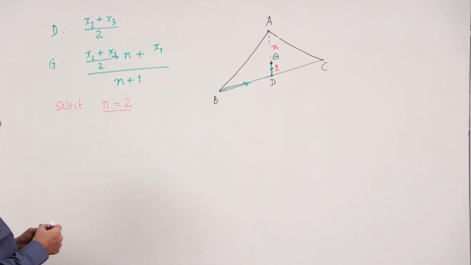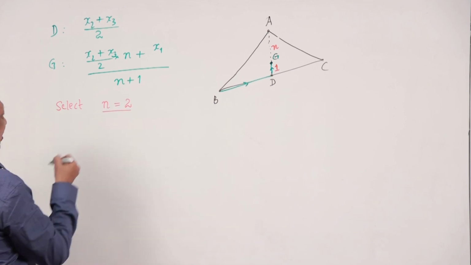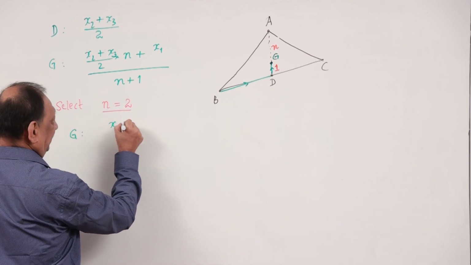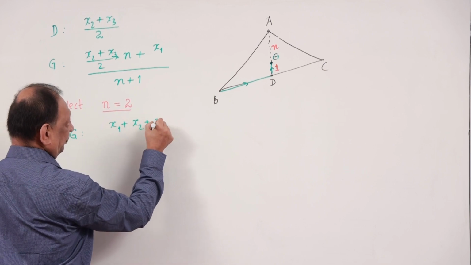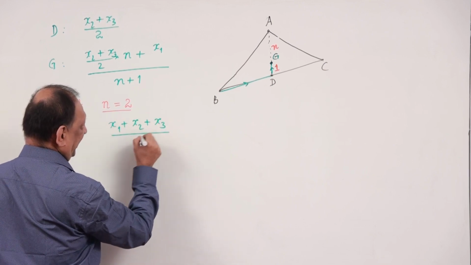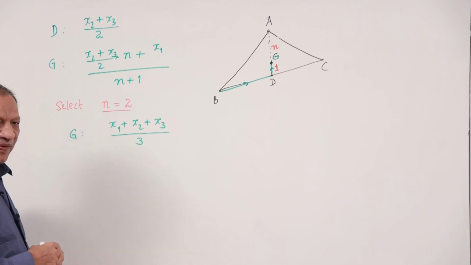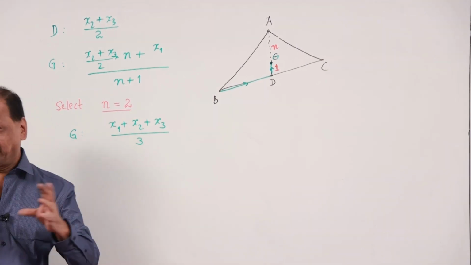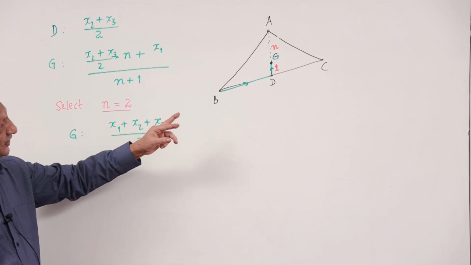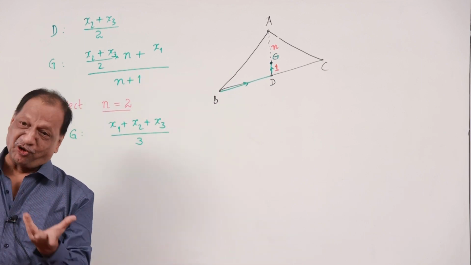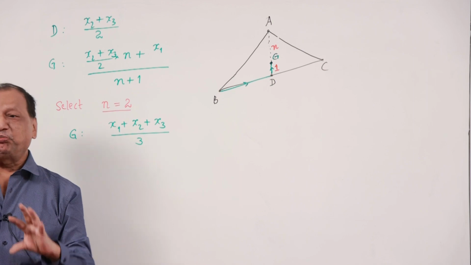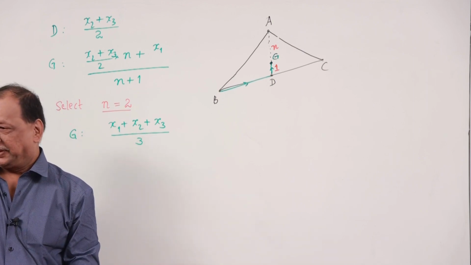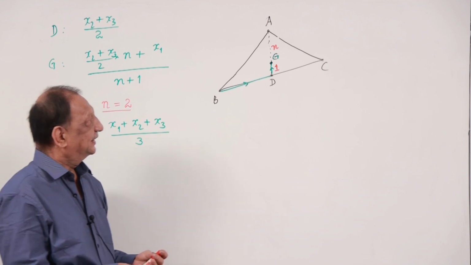If you select n equal to 2, what will you get as G's coordinates now? (x1 + x2 + x3)/3. Correct now? Perfectly symmetric. So if you use the same ratio for the y coordinate, what will you get? (y1 + y2 + y3)/3. No questions on that, right? Now, this is the point,